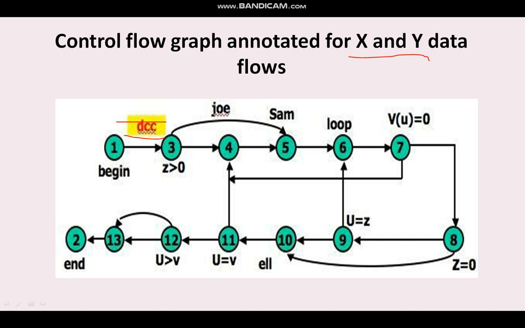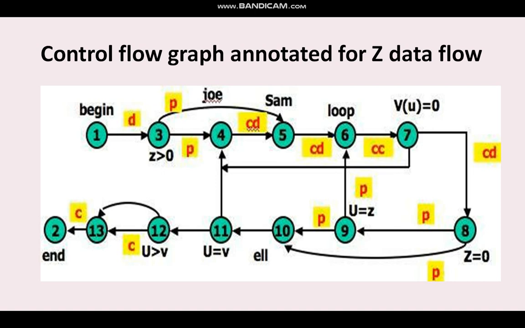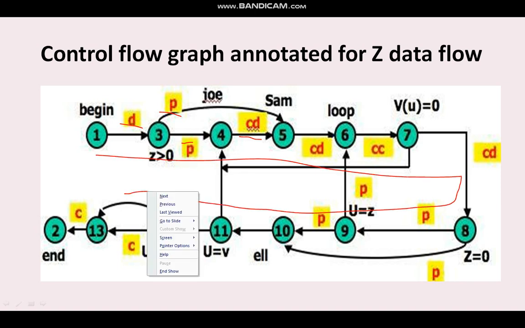Next we see another example. This is the jet flow. How is the jet variable working? The jet variable has various kinds of annotations: define, predicate, calculation, and calculation, and again redefined, then calculation, define, calculation, define, predicate, and again calculation. Like that, the jet variable is used this many times in this particular graph. So the data flows from the jet variable from the start to the end by using these many operations. This is the way to represent the jet data flow.